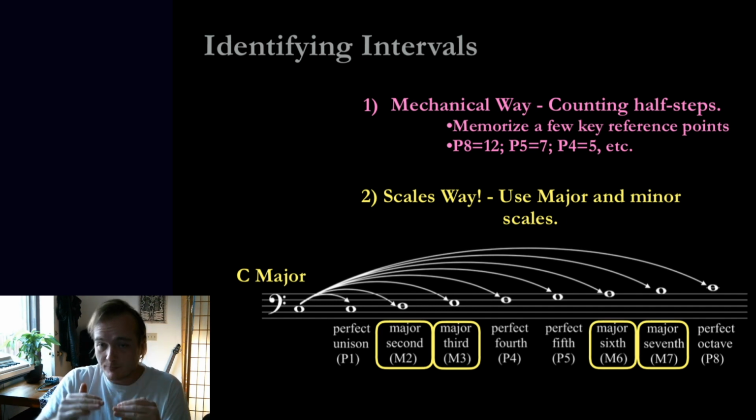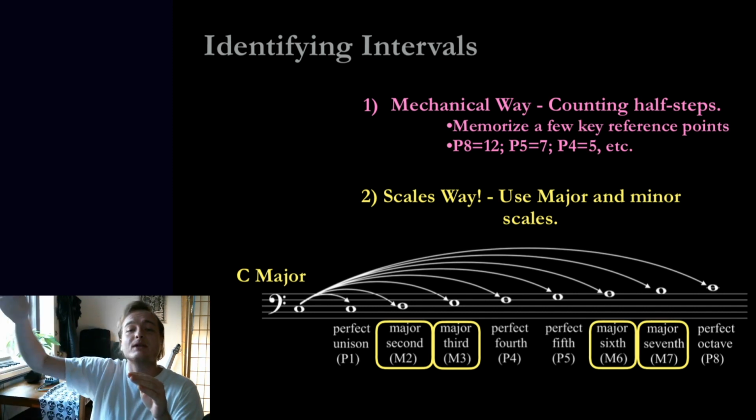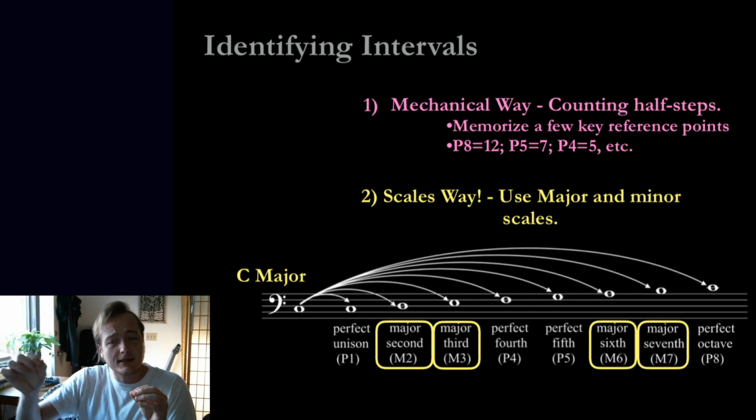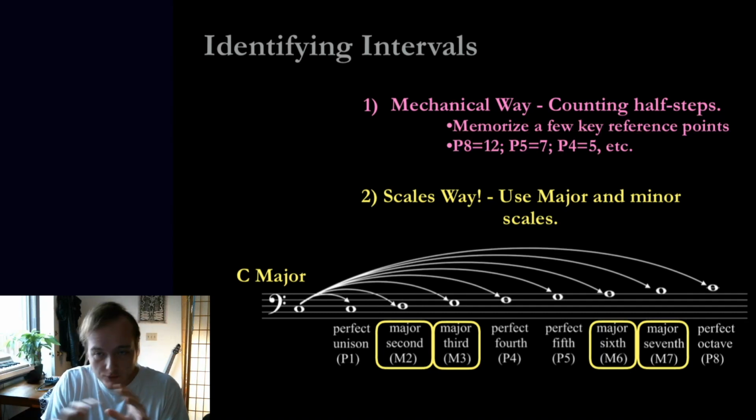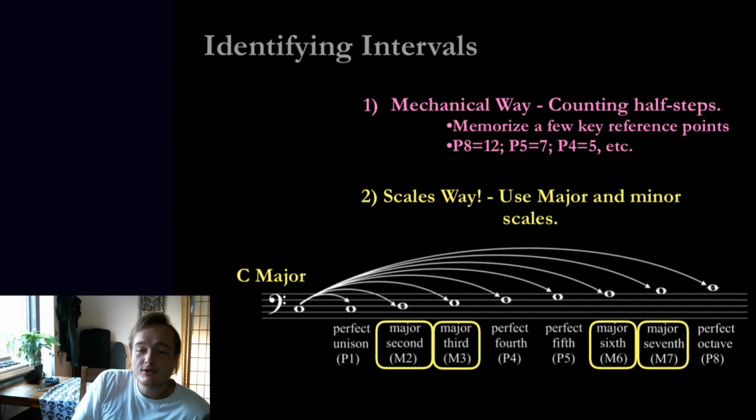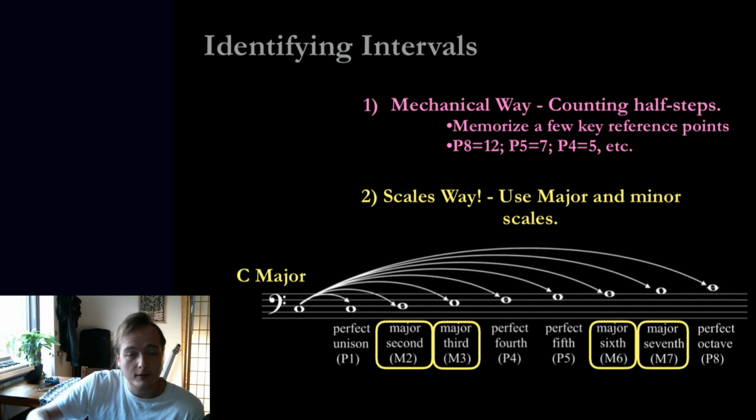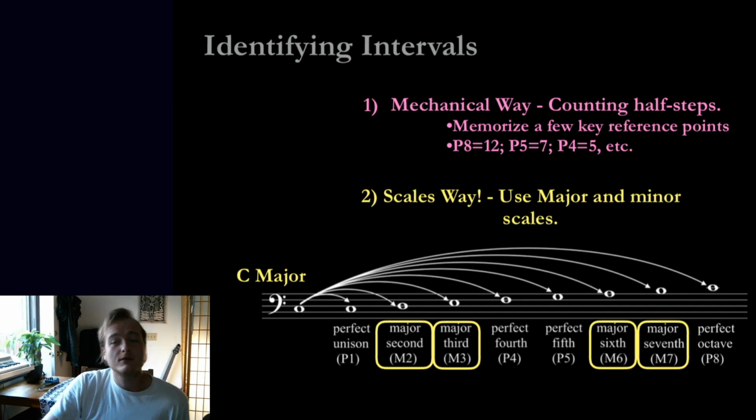Now it has to always, this is example you can see in the lines, emanating out from the bottom note. So C to D, C up to E, C up to F. That only works if the bottom note there is the root note of C major. But what you can do then is, if you are presented with an interval, make the bottom note the root note of a major scale, and then double check. So I'm looking at a third. Well, if it fits into the major scale that I would build on that root note,